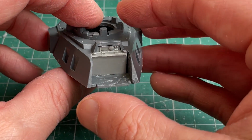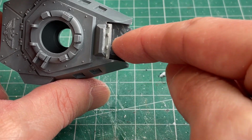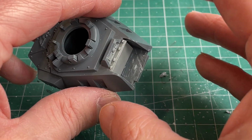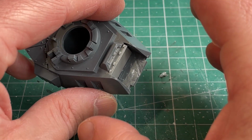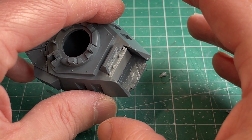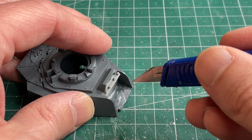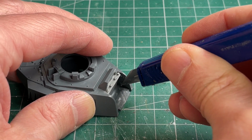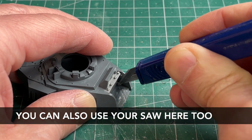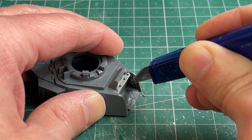Now with those pieces all glued in place, the next step is just to cut out this little notch of plastic here. That will just help the turret weapon sit slightly better on the turret. Less important to do using my turret weapons, but definitely important to do if you are wanting to use the Forgeworld weapons. Now the easiest way to do this is just to score it out using the back of your blade. You can hold your knife flush and you just want to follow these edges all the way along,